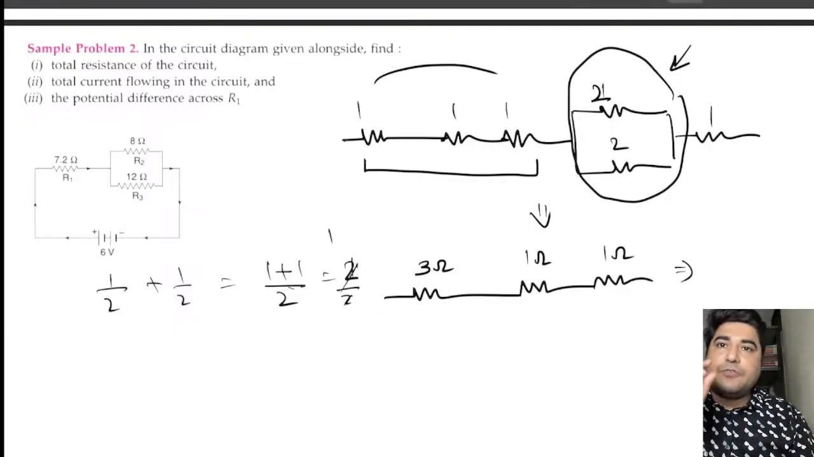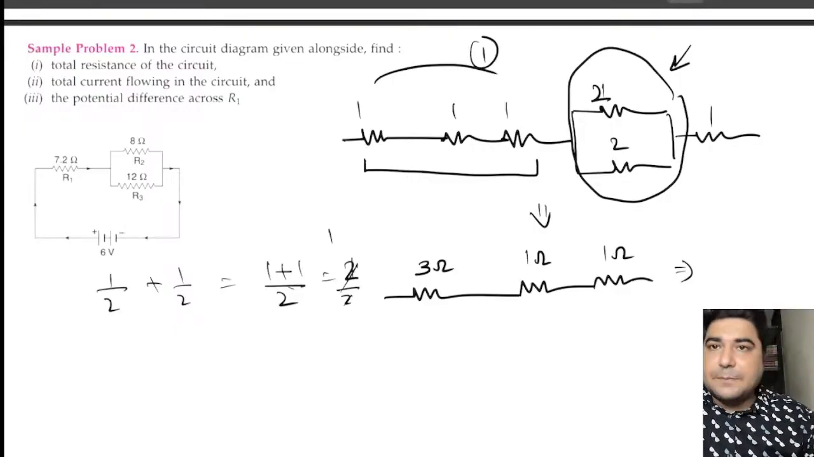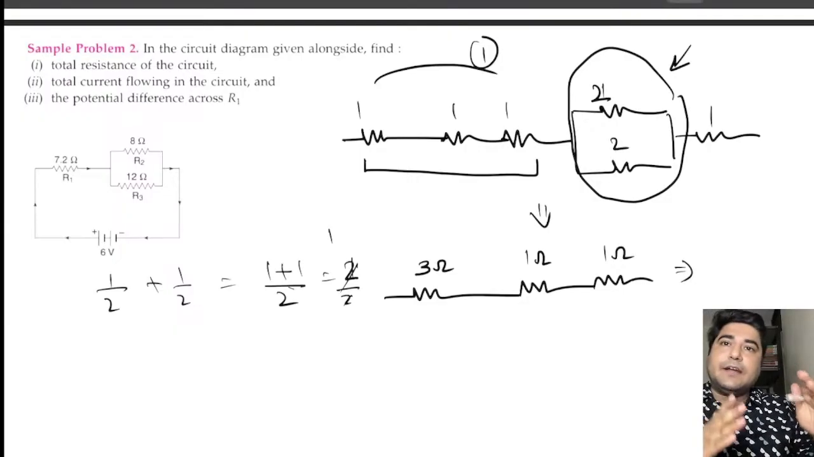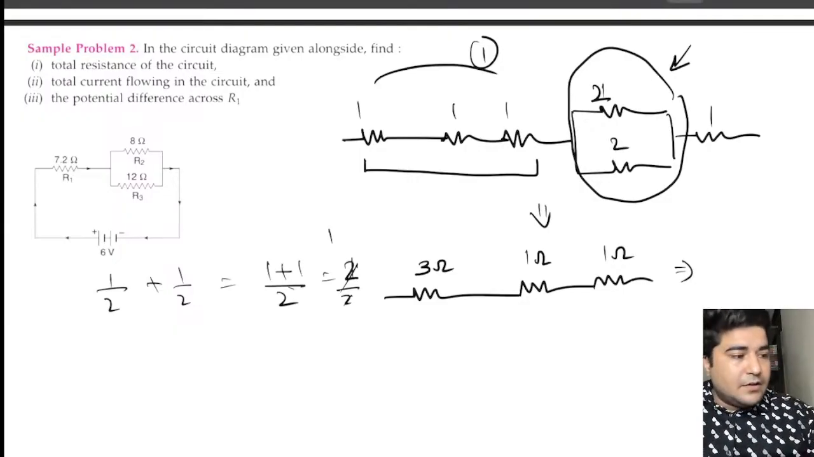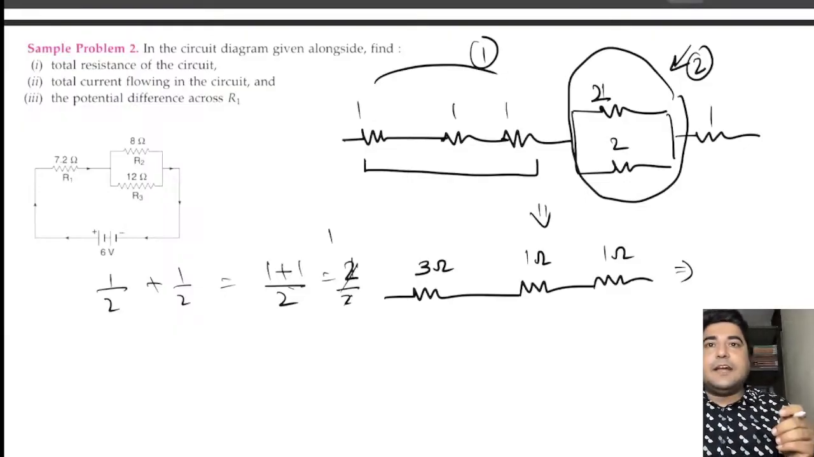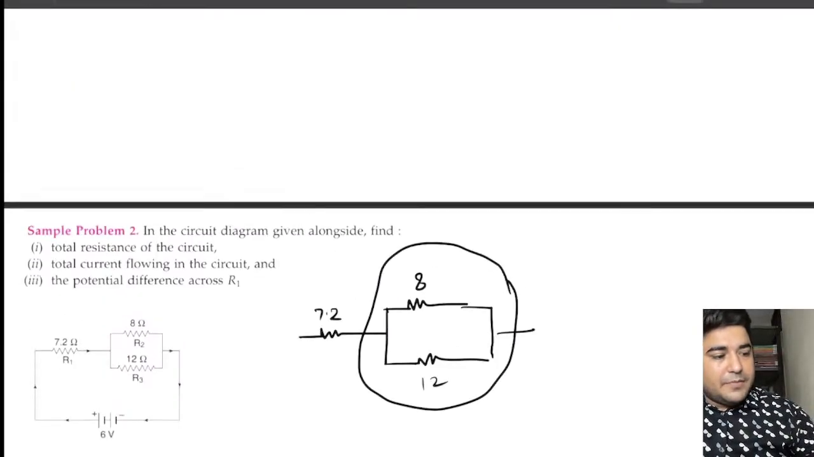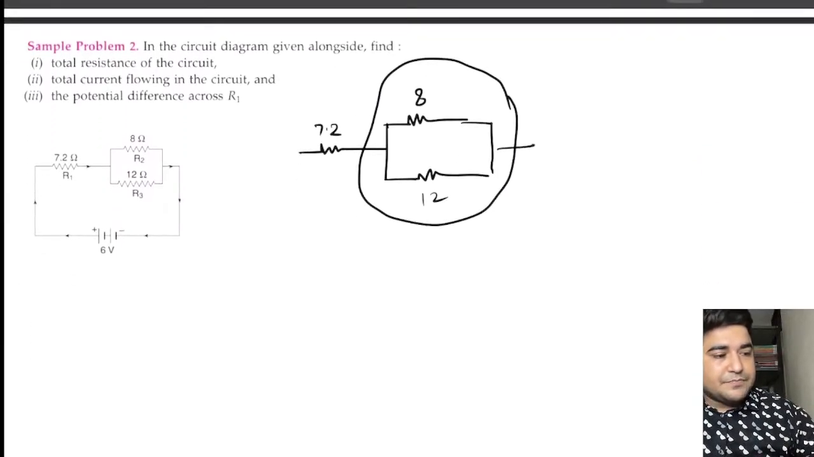We have solved the value of individual resistors which were directly connected in series. That is step number 1. Then we have solved the values of individual resistors which were connected in parallel. That is step number 2. After that, once we have got these values, we have simplified the entire circuit of series combination. Now coming again to our question,